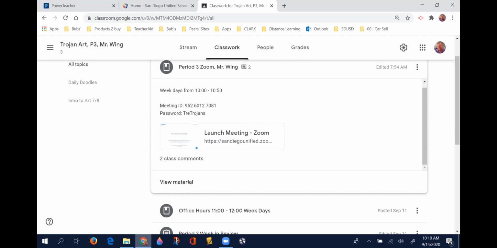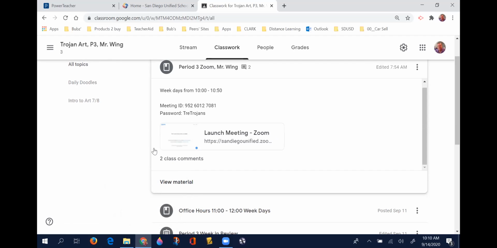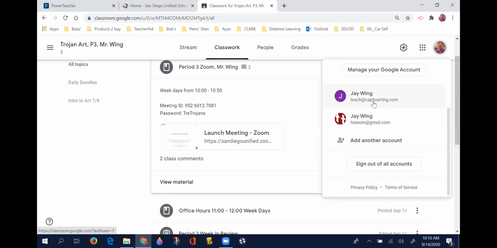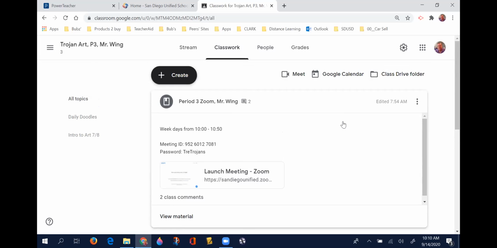So when at all possible, use Google Chrome and make sure that you're using your student ID and password, and you don't have any other accounts like a personal account. Make sure that they're not active. You'll notice sometimes when I'm showing this that I've got multiple accounts in here. This is one of my freelance project accounts, and this is one of my personal accounts that I use for a variety of things. So if you're logged into more than one at a time in Google Chrome, it's a good idea to log off of those accounts and actually delete them, and then use one of your other browsers